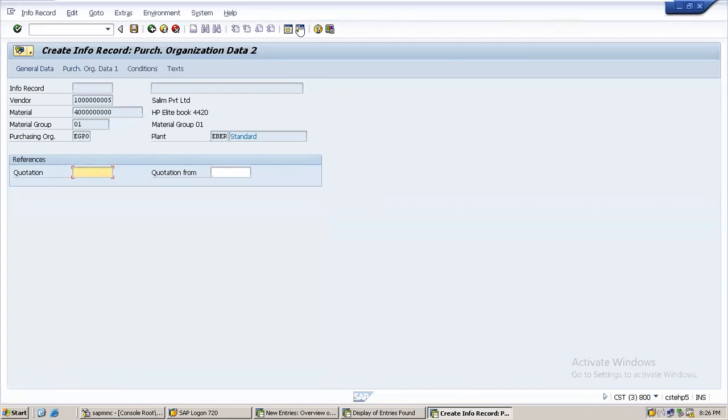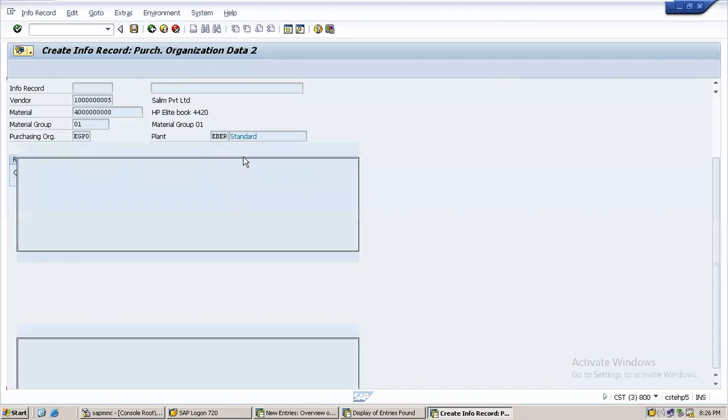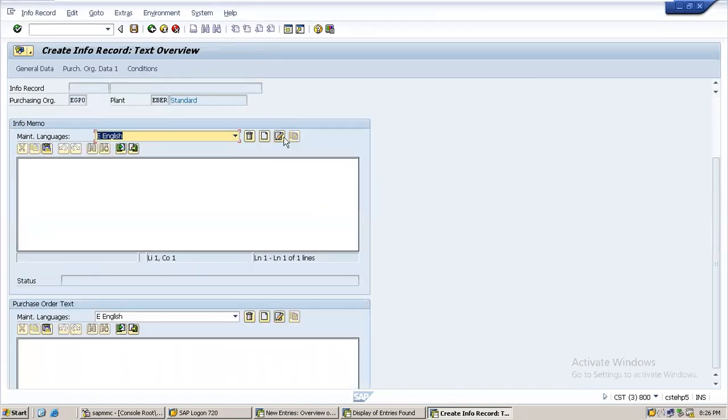Then it will take us to this screen. This is fine. We do not want to put any quotation number here, but I want to maintain the text. You can see there are two texts, info memo and purchase order text. If I want to give some instruction to the buyer, the person who is going to create a purchase order, how to order this material, how much quantity we should order, or any conditions we need to mention to our buyer for internal reference,